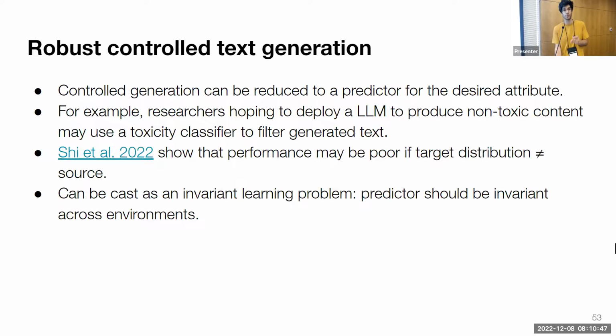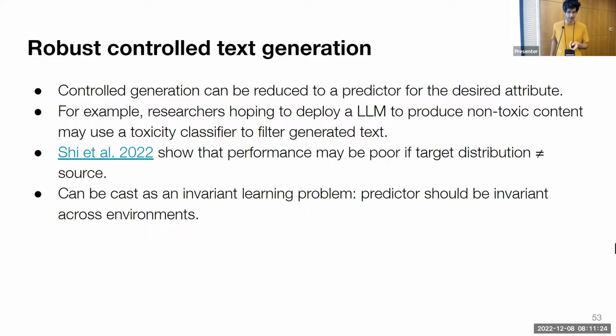However, if we think about robust controlled text generation, then we have a very clear-cut way of using causal information to make better predictions. In fact, the problem of controlled generation, like generating, for instance, non-toxic text, can have a very straightforward description from a causal perspective. In fact, the hardness of doing controlled generation under distribution shifts, under some changes to the data, is in fact a problem of learning an invariant classifier to that controlled concept.